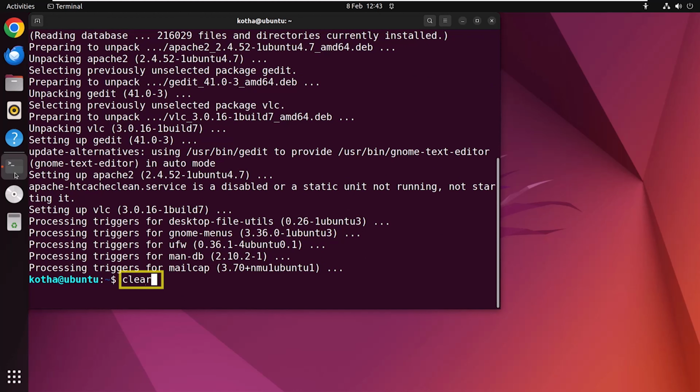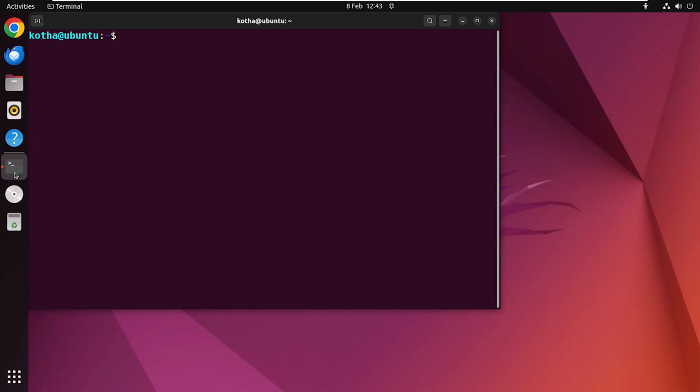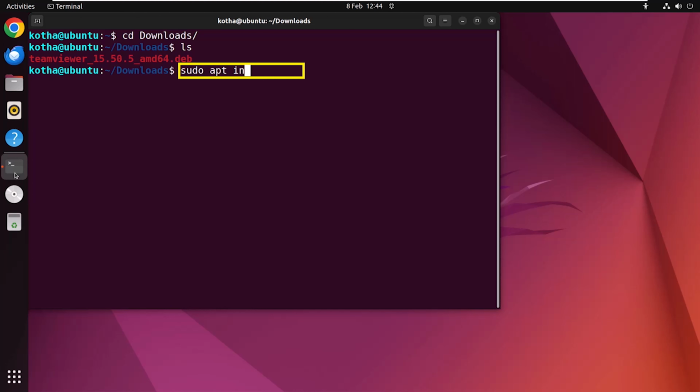Again clearing my screen. Now the interesting part. You can also install a Debian file using APT. But for that, you have to download the Debian file to your system. You can see that I have already downloaded the Debian file of TeamViewer. To install the file, I will use the command sudo apt install